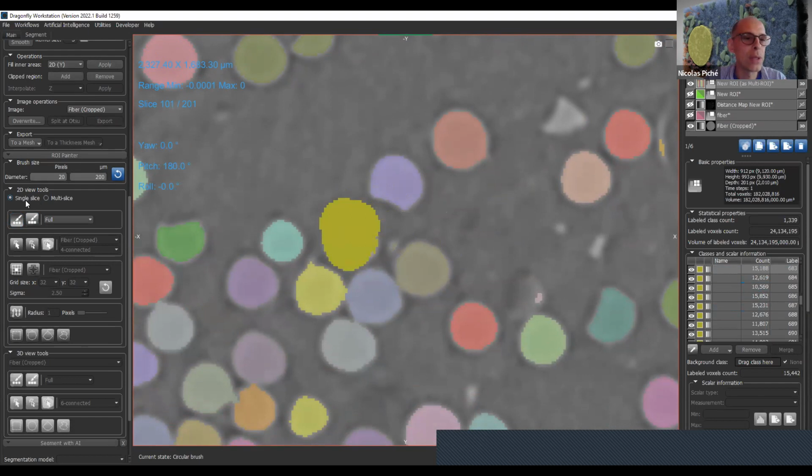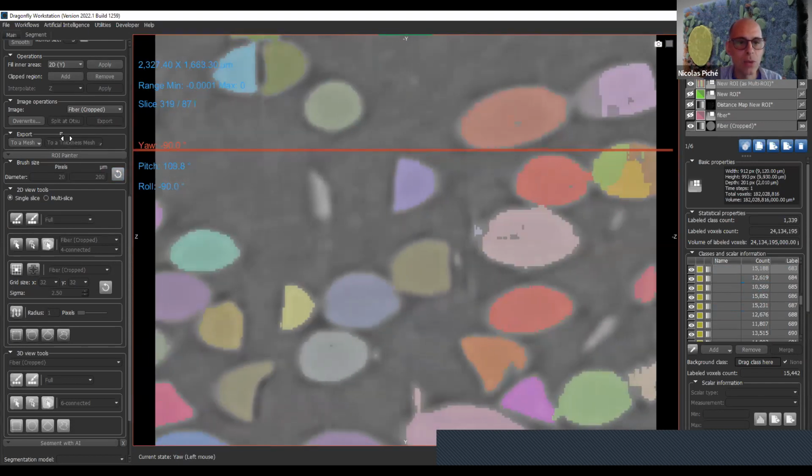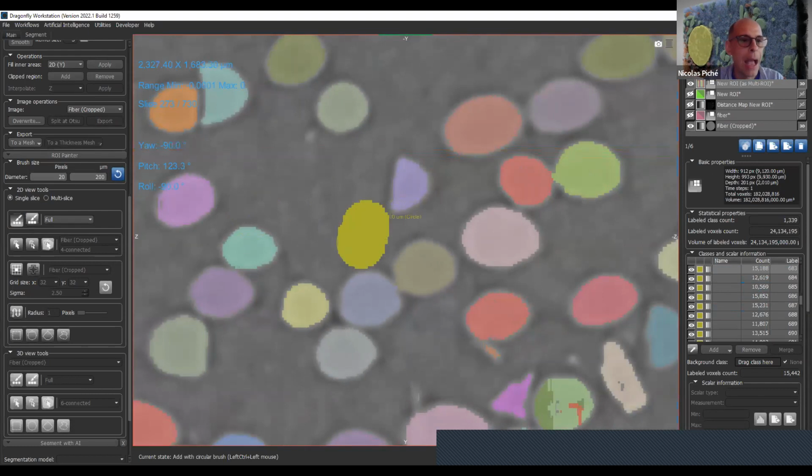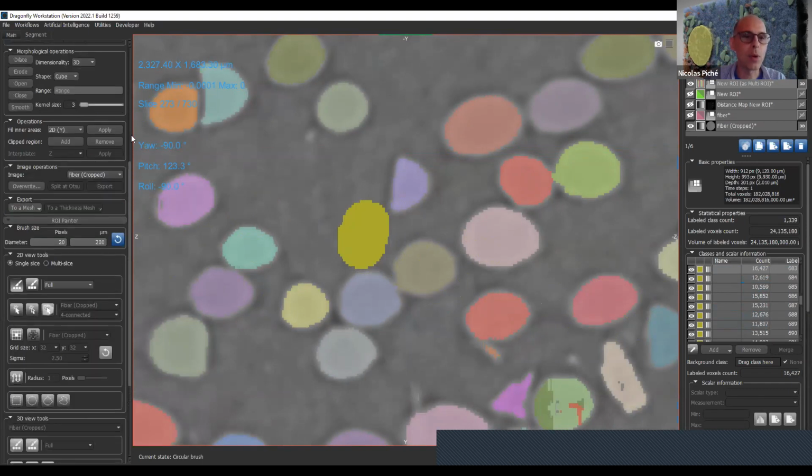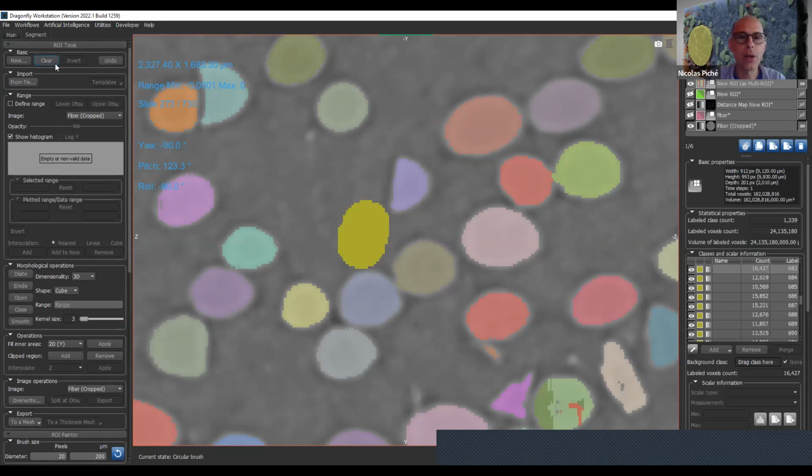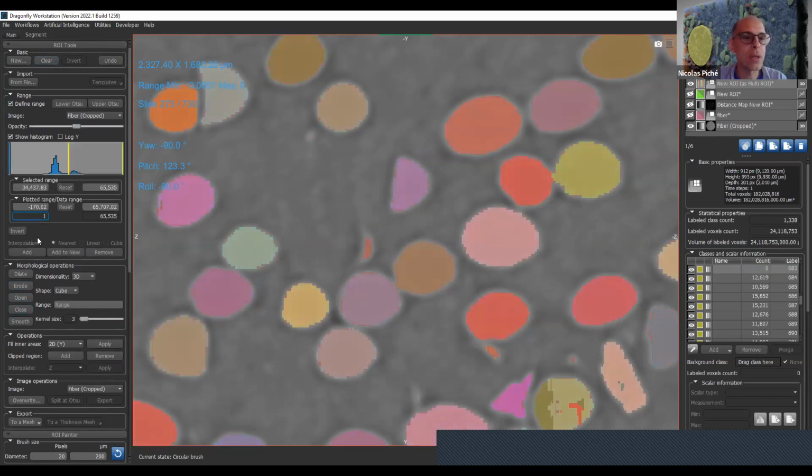Okay, I can do it in single plane, and it can be in any oblique also. I can work in something like that and draw that label. Okay, this is, well, it's not a good drawing, I'm not segmenting anything. But I can empty that label if I wish. Okay, clear the label, and now it has 0 count. And I can re-add stuff using the range, for instance. Okay, my drawing,